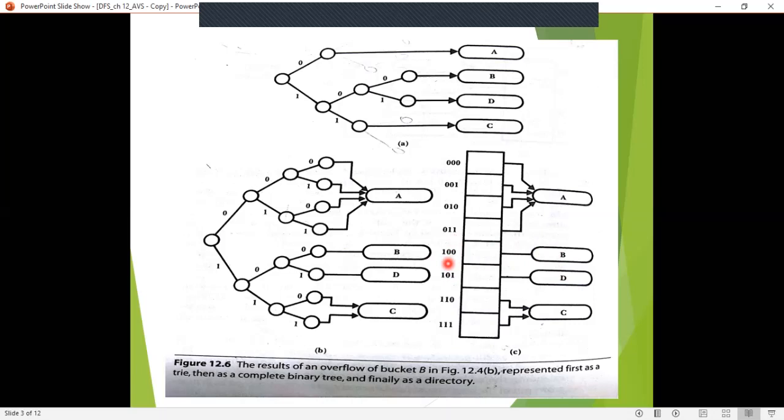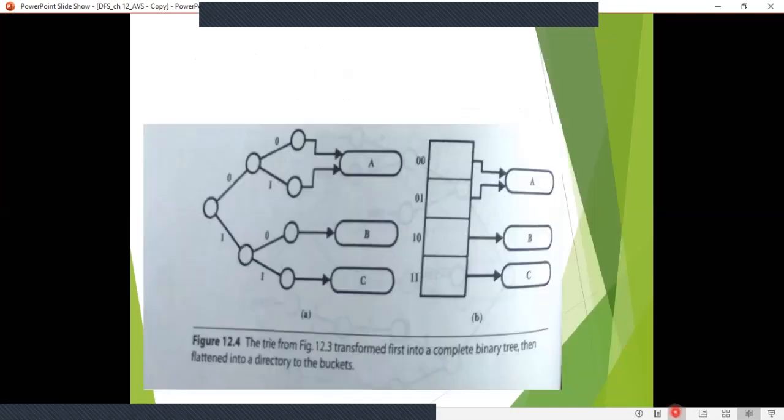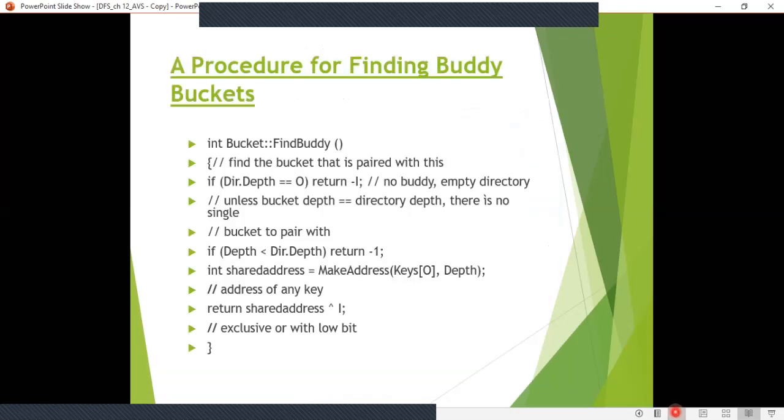Now, in order to implement this particular deletion, first we have to find the buddy bucket, isn't it? After finding the buddy bucket, we have to delete the buddy bucket.